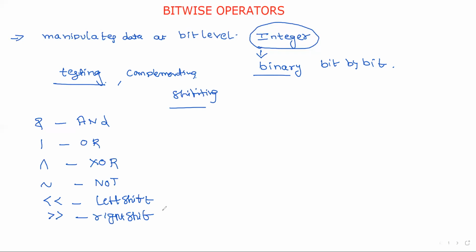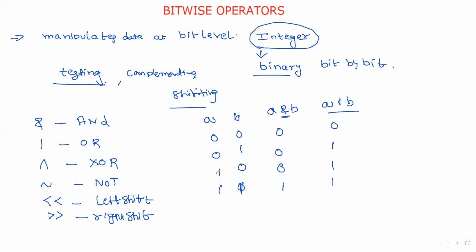First, I will write a table, so observe carefully. Assume the two operands A, B, with values 0 0, 0 1, 1 0, 1 1. If you apply the bitwise AND operation between the two bits, the results are 0, 0, 0, 1. If both are 1, the result is 1. For A OR B, the results are 0, 1, 1, 1. If at least one is true, the result is true.